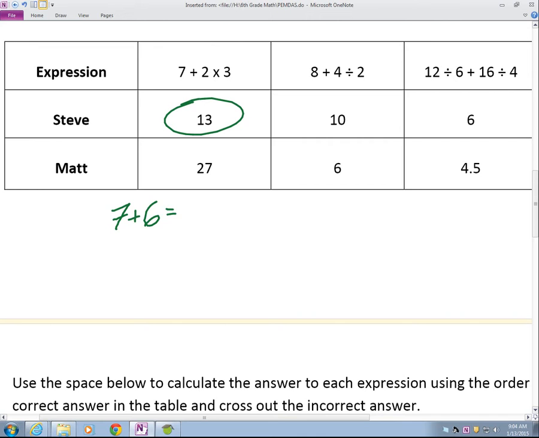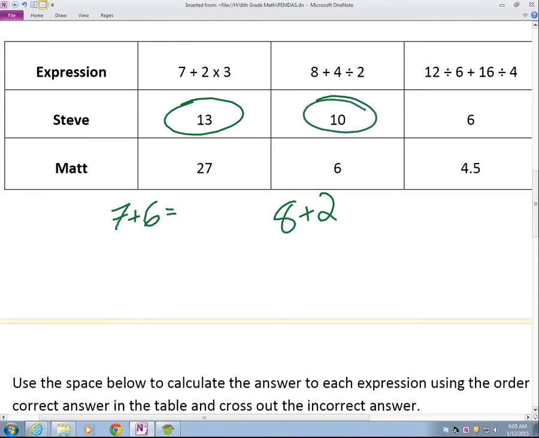13. Next one, same situation. We don't have to draw that one out as much. What's the first thing we're going to do in this situation? 8 plus 4 divided by 2. Yeah. Divide. So we have to divide first. So I'm going to put 8 plus right here, and then 4 divided by 2 is 2. Beautiful. So 8 plus 2 equals